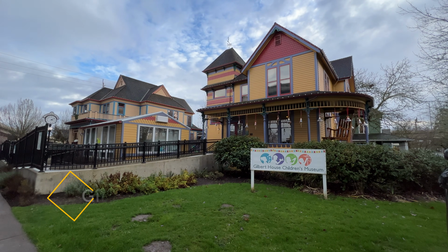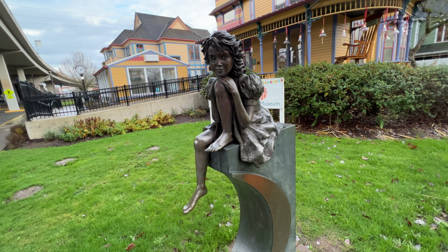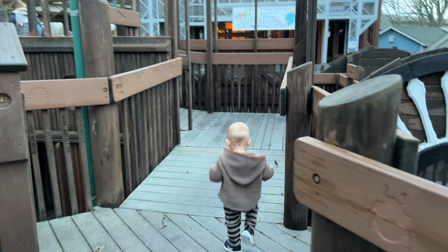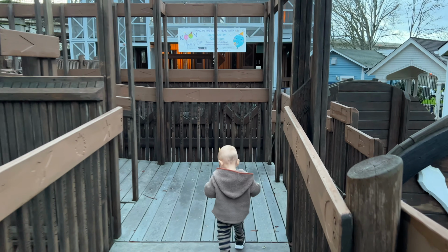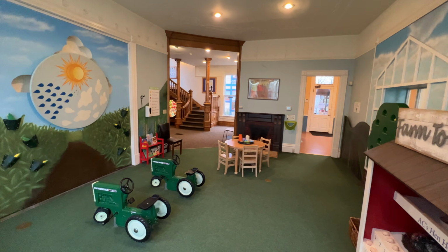My next recommendation is the Gilbert House Museum. If you're traveling with kids, then head over to the Gilbert House Museum. This museum is amazing for children and our 1.5-year-old twins loved exploring the different houses. A few of the houses are historic and from the 1800s, and they have many different hands-on exhibits in each